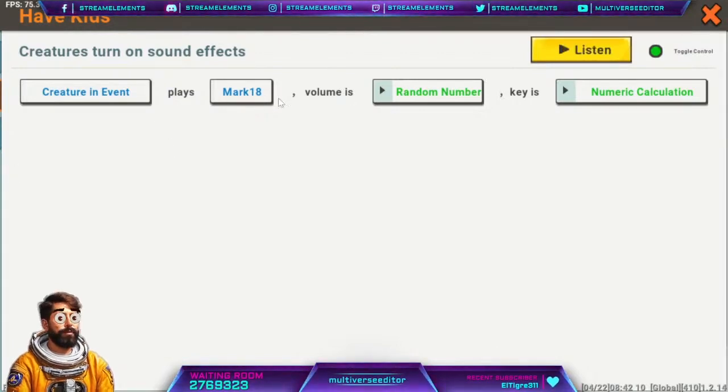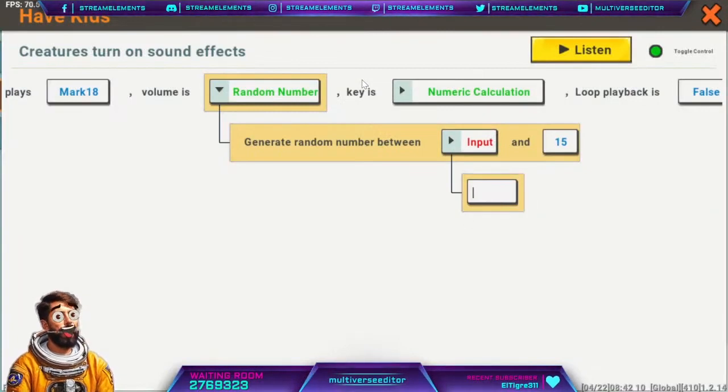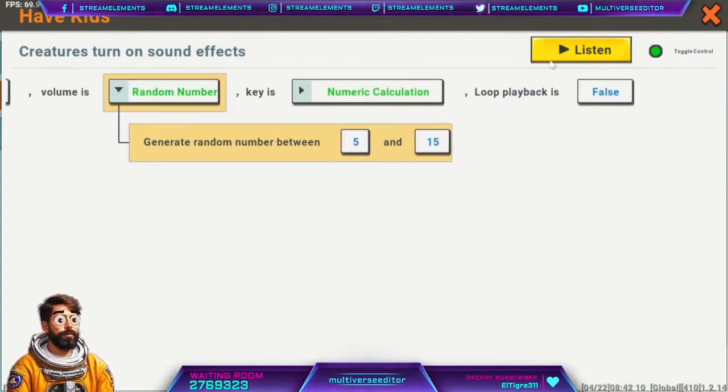On here just put one, the volume to 10% and the key to 1. You can also choose random numbers like I did here, but it is not needed. On here you just put 1 and the key is 1. All right,